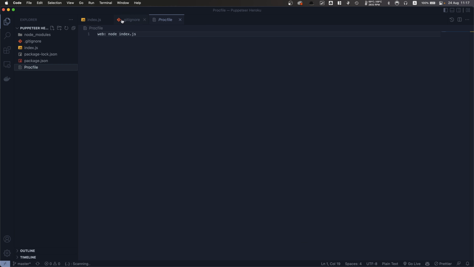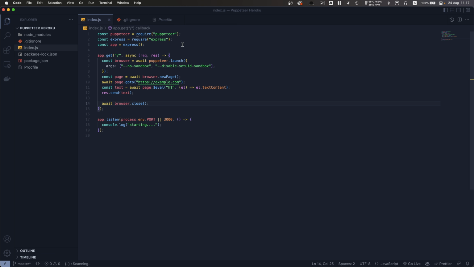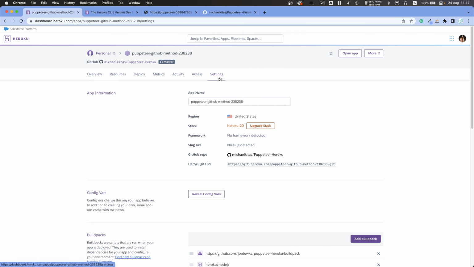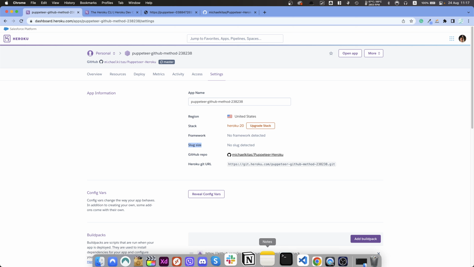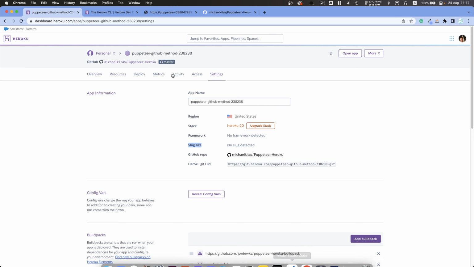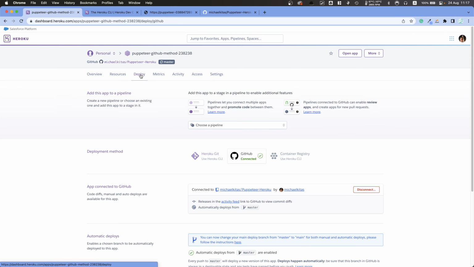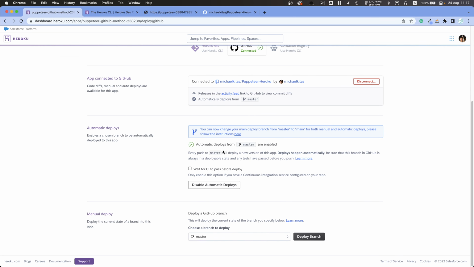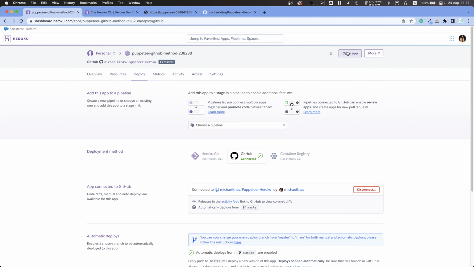Now another thing I said while using Heroku CLI is that you can use puppeteer-core. And this will make Puppeteer lighter, because if we go on settings, the slug size here can be a maximum of 500 megabytes. And by default, just my simple application is about 170 megabytes. So yeah, just have that in mind. And I think that's it. So if we go open up,